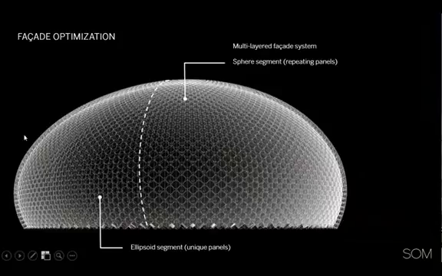So basically, what that means is on half of the facade, it's part of a sphere, but the other half of the facade is an ellipsoid. So one of the things you can probably guess immediately is that for this part of the facade, all the panels are repetitive, at least per row. But on this half of the facade, all of the panels are, at least close to, geometrically